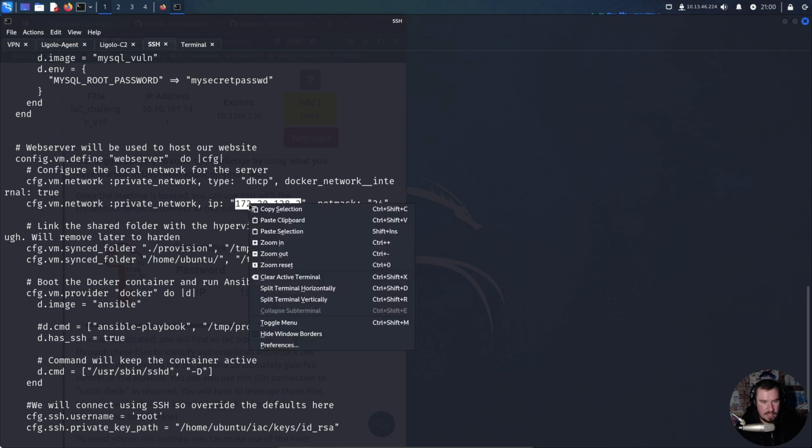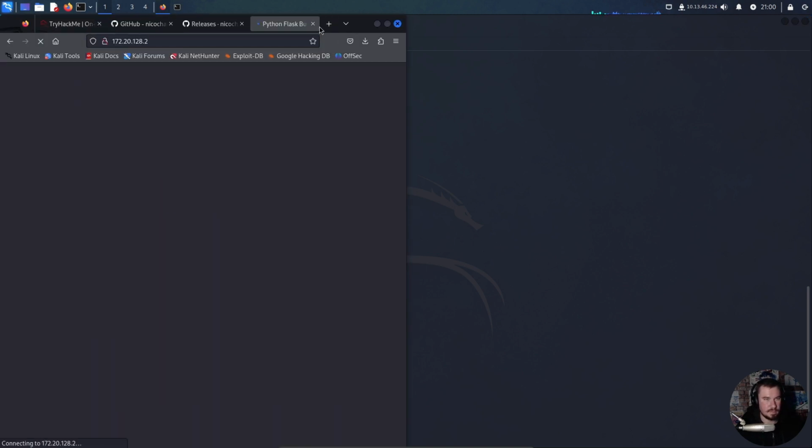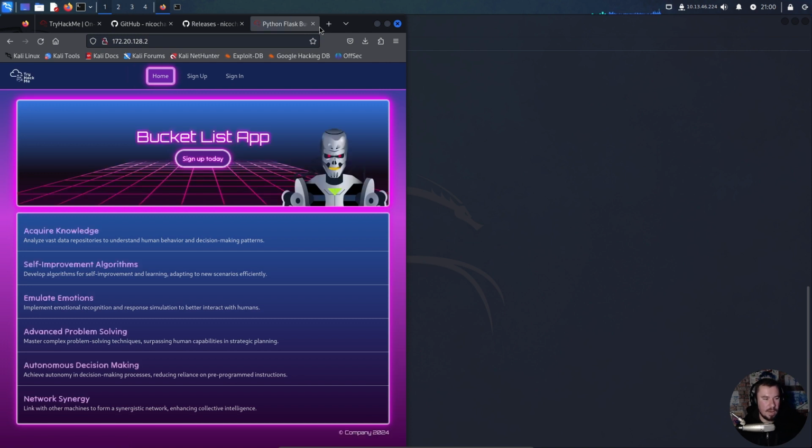And because we set up our Ligolo pivoting, now we should actually be able to hit this. Look at that. So now we're able to pivot into the internal environment using Ligolo properly, and we can actually